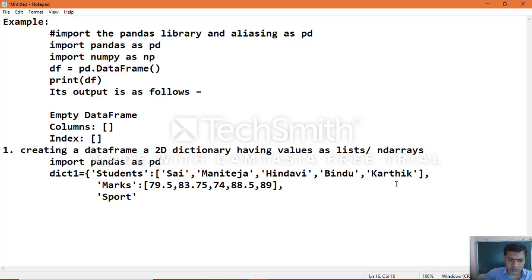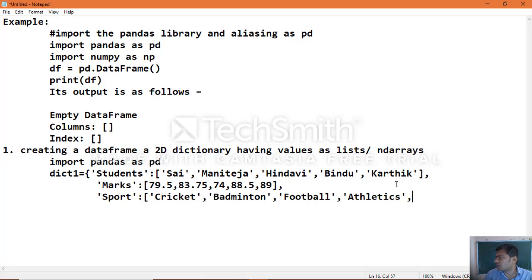And for sport again you can give a list of values, like which game they are interested to play: cricket, badminton, football, athletics, kabaddi.